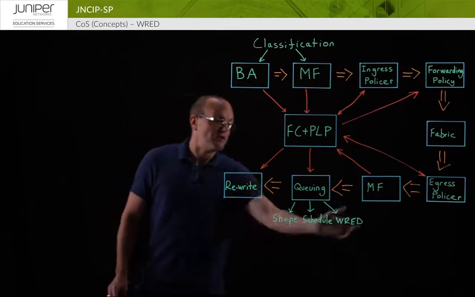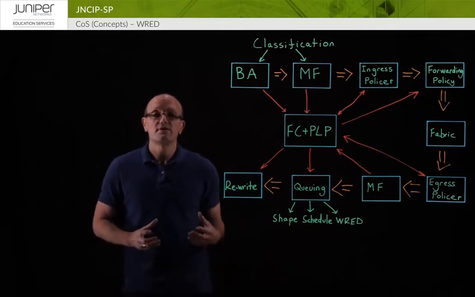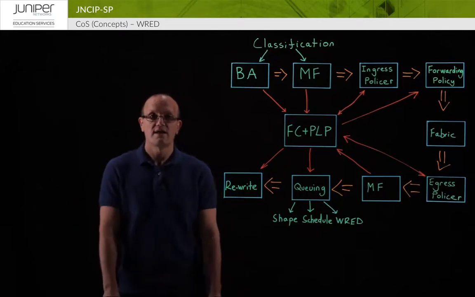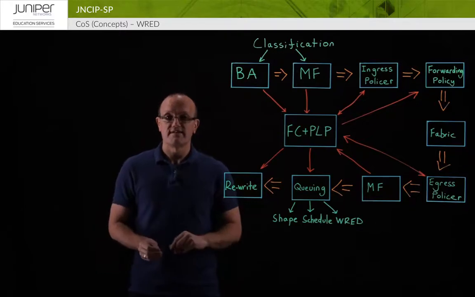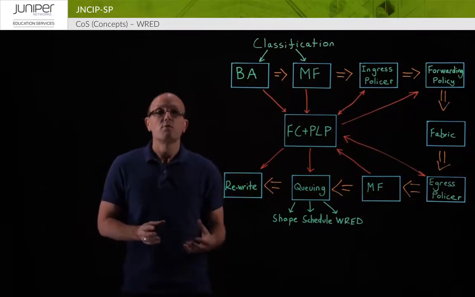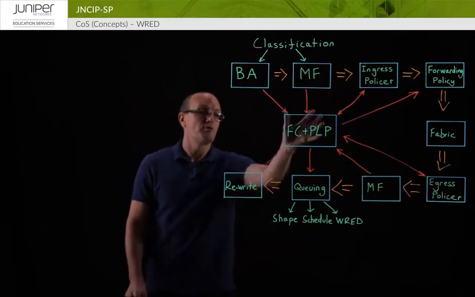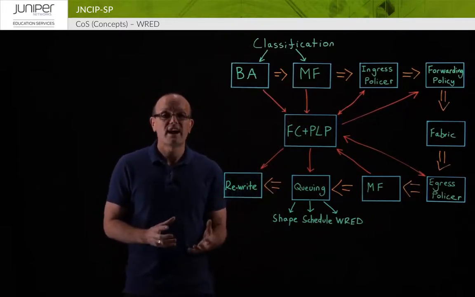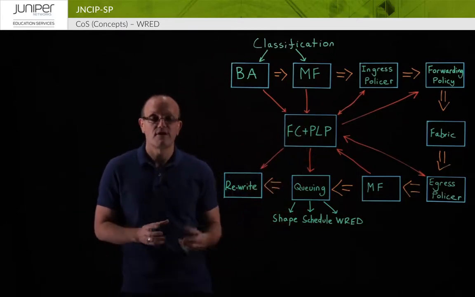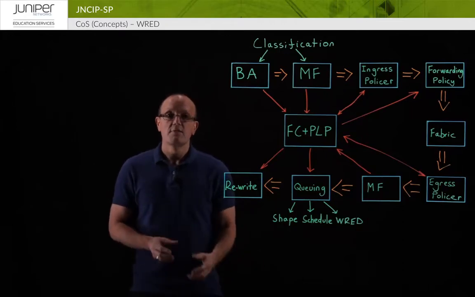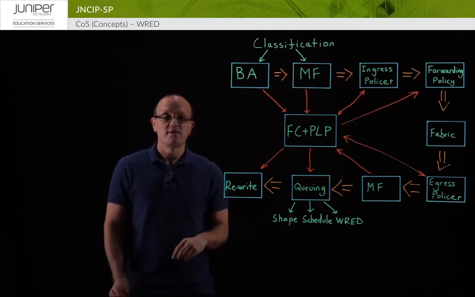So we turn to RED to address these two limitations. So what we do with RED is that we have a fill level of the queue, and we have a drop probability. And we assign these two values with drop profiles to forwarding classes. So now that we can treat different types of traffic differently, we can drop some traffic in preference over other traffic by giving commodity traffic a higher drop probability than, say,